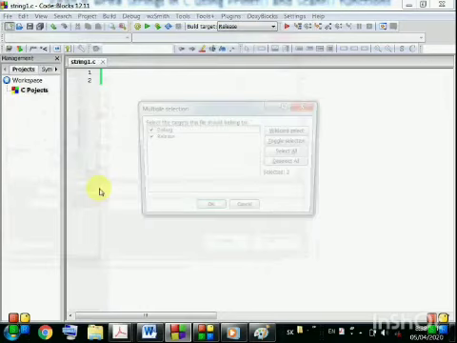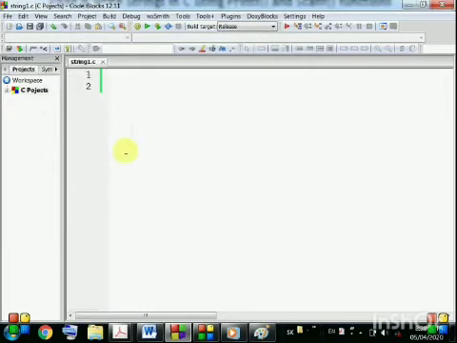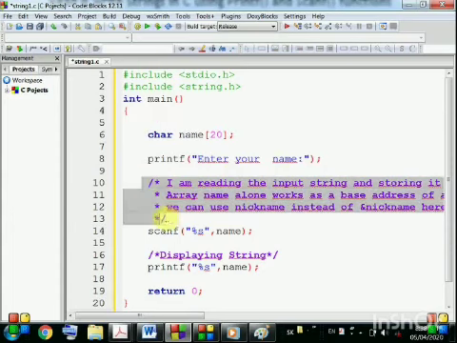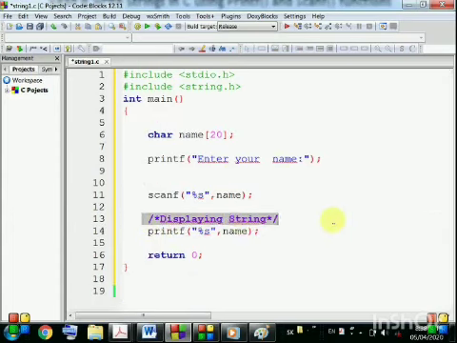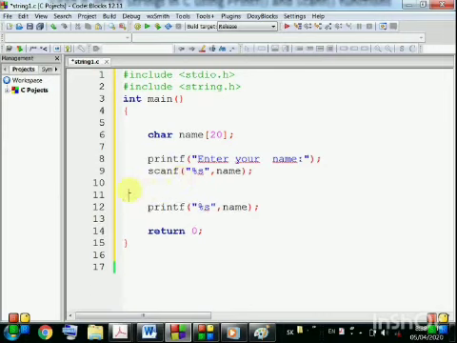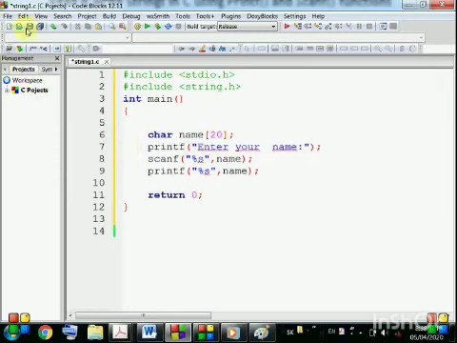Save it, click on OK. Here is the program. Remove these comments, they are not required here. Now our program is ready. Save the file.